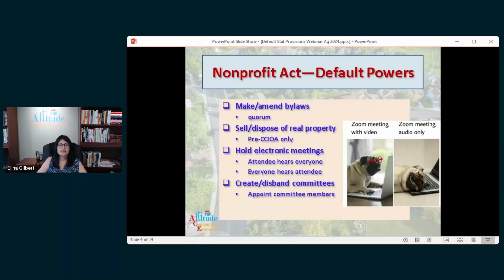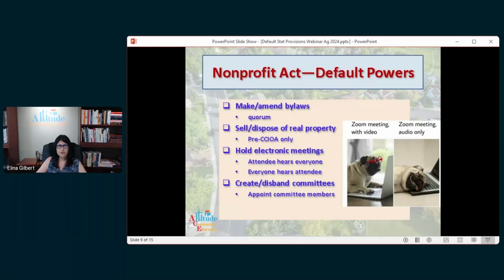All right, sell and dispose of real property. So remember in Kiowa, we had the right to acquire real property. So the nonprofit act says you can sell and dispose of real property. Caveat with that